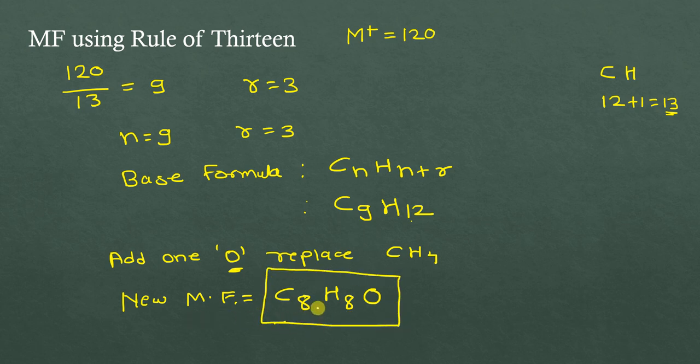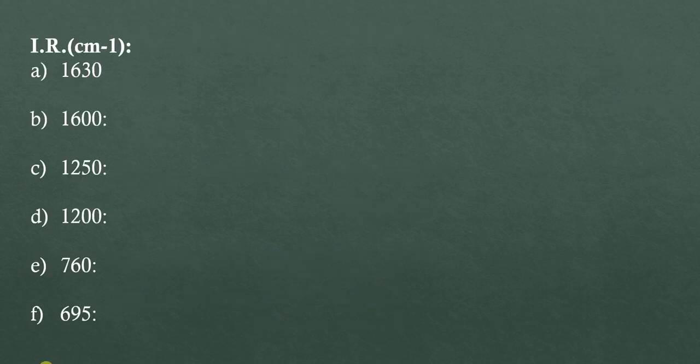So this is the same as the one which we have derived from elemental analysis, right? C8H8O. So this is another method to derive the molecular formula. Now we'll continue with IR data. So in IR we have